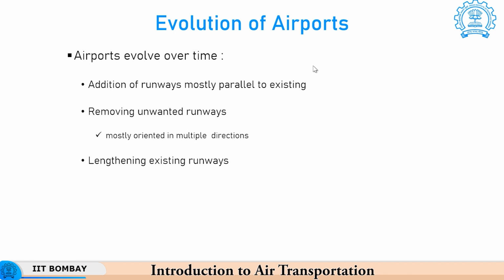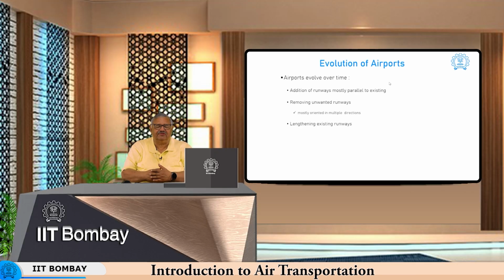A case in example here is the Mumbai airport, where on one end you have the LBS Marg, on the other hand you have the Western Express Highway. So, it is very difficult for the main runway to be extended in both the directions or any direction. There is of course a secondary runway which does not have roads immediately at both ends, but various land which is actually under the airport's control has been encroached upon, and therefore, not much expansion is possible there also because of the encroachment of the land.